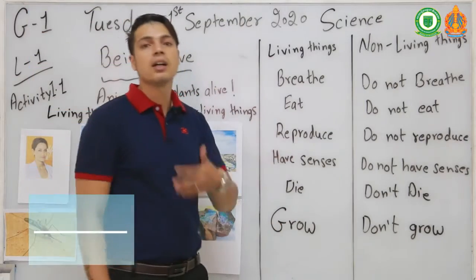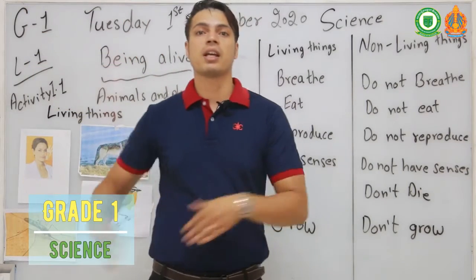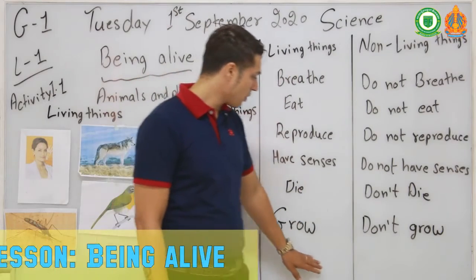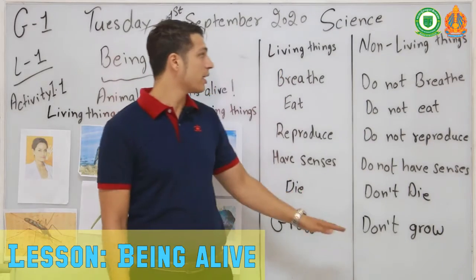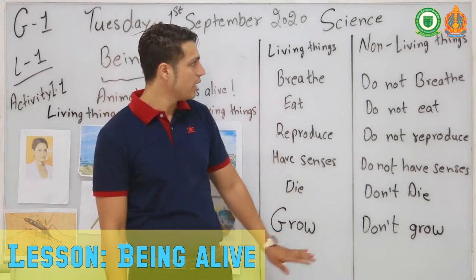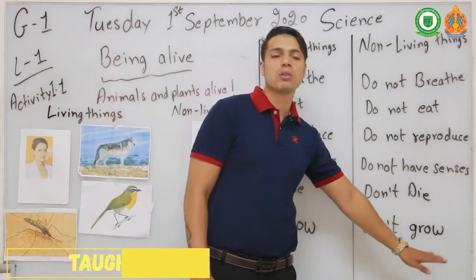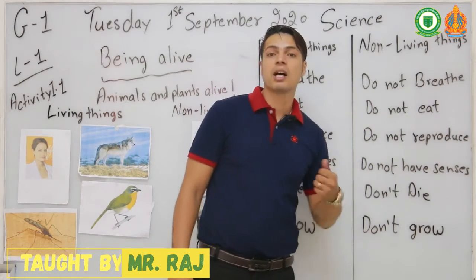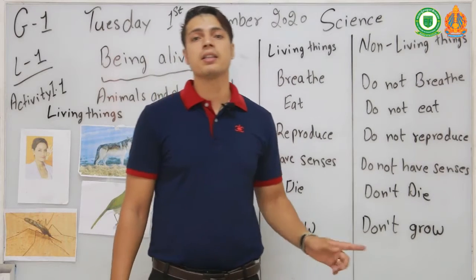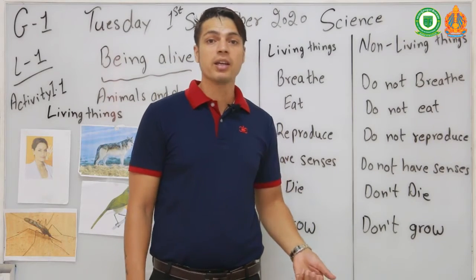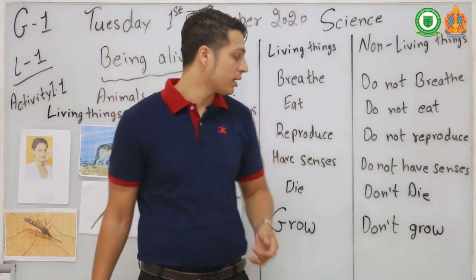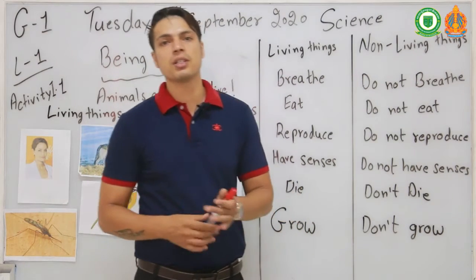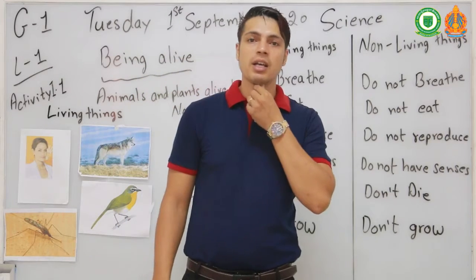That's how we know which is a living thing and which one is a non-living thing, okay. If you have any questions or doubts regarding living things and non-living things, ask me. And one more thing, most non-living things are man-made. Like this chair is man-made, like a human being, we make them, okay. That's it. If you have any questions, any doubts, you can ask me, and task 1